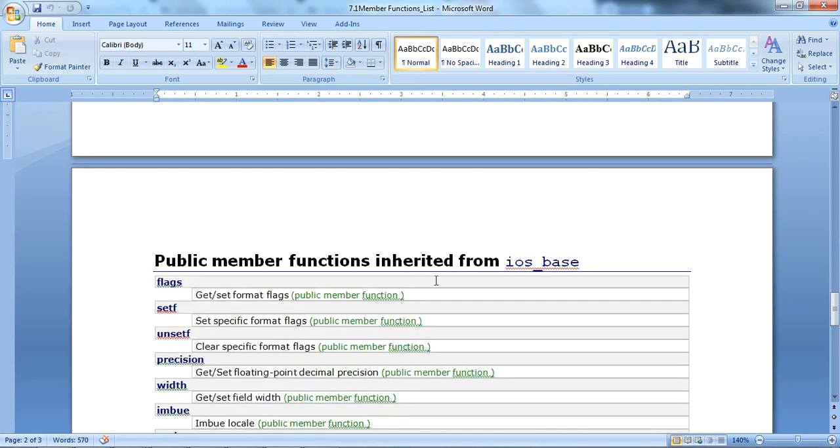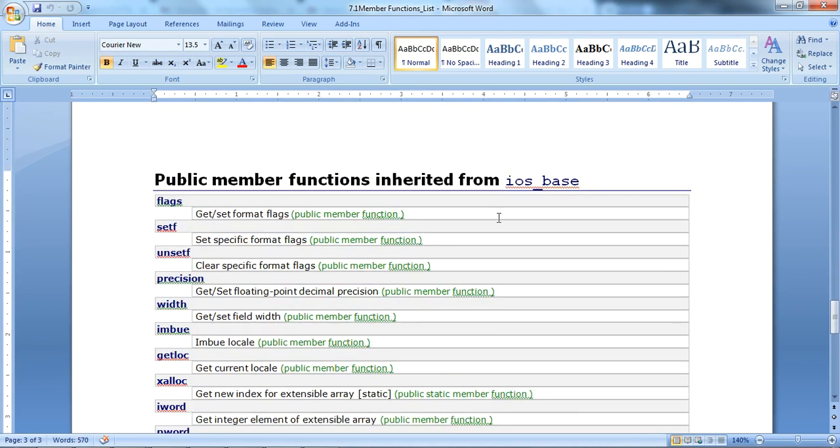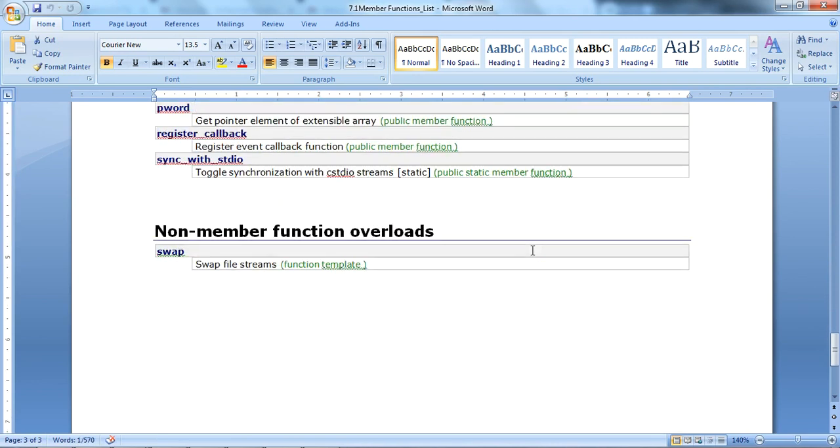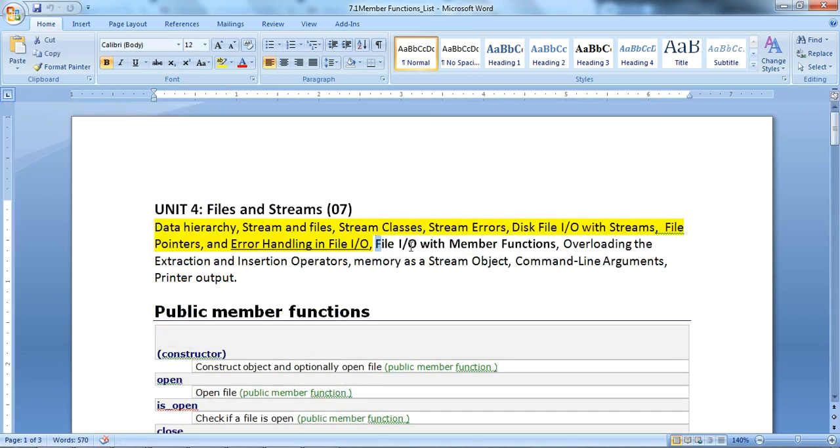Then the public member functions inherited from ios_base are some functions that come under ios_base. There is no member function overload; swap is the function. This is file input output with the member functions, and this lists some of them.